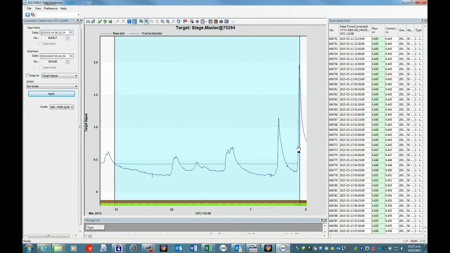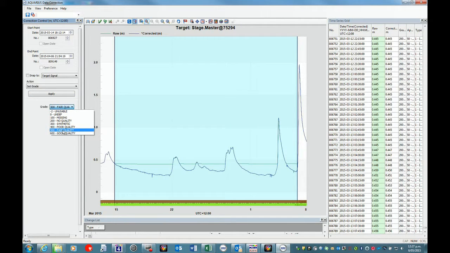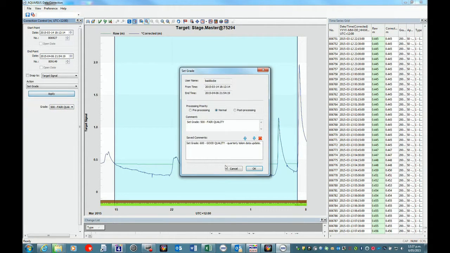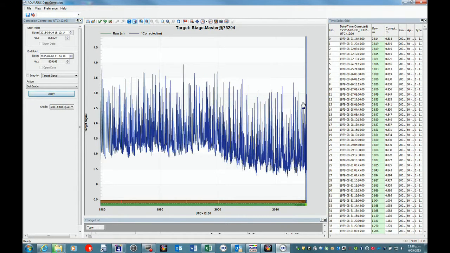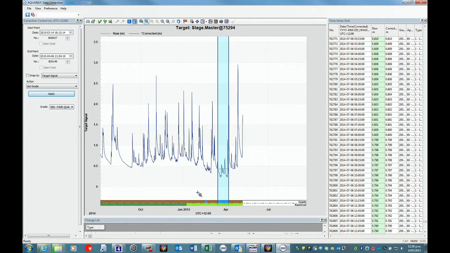Again, mark up those periods that we've edited. There, and again set the grade 500. Apply that. And back out again. And these other periods,